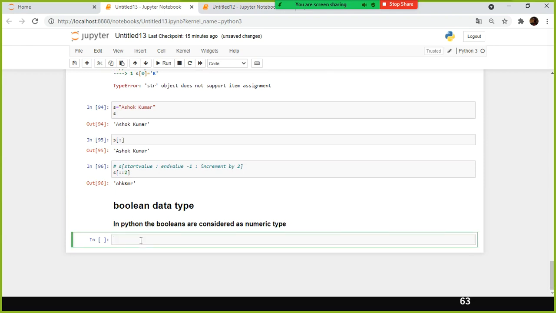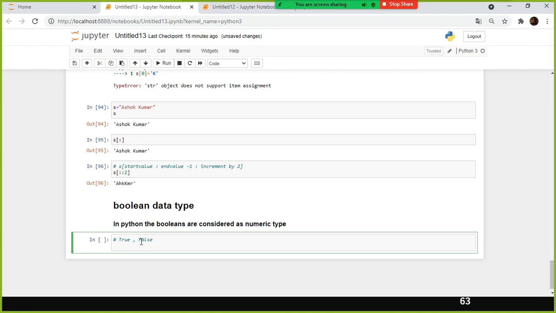Booleans are considered as numeric type. So for example, in Python, the Boolean values are specified as either True or False. The first letter should be a capital letter.